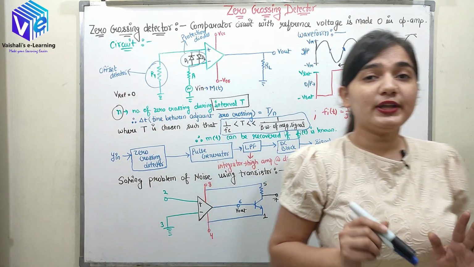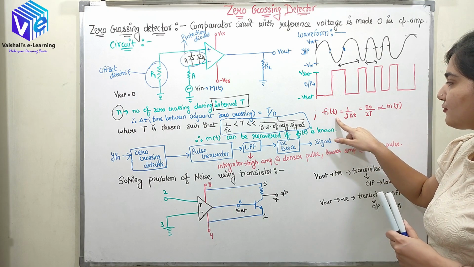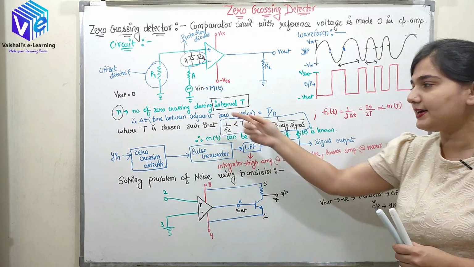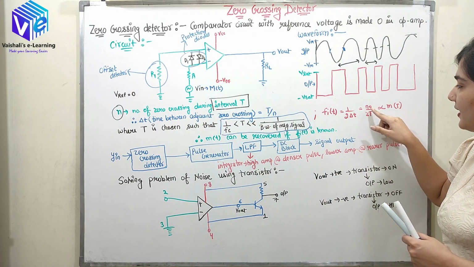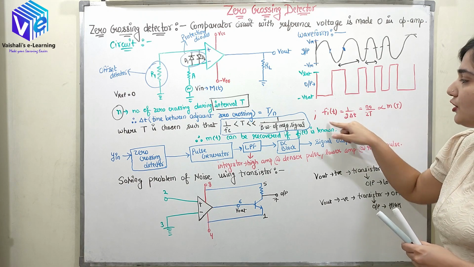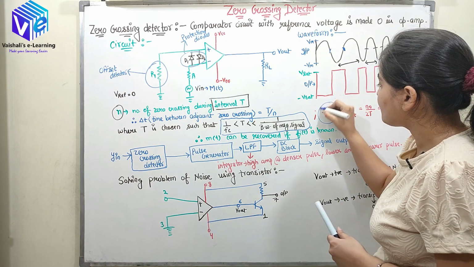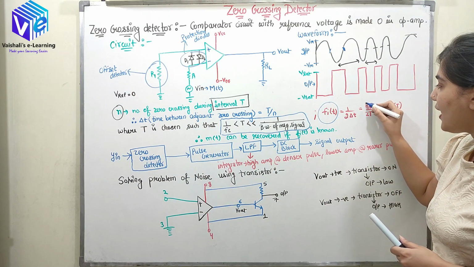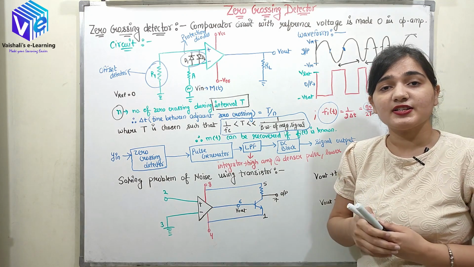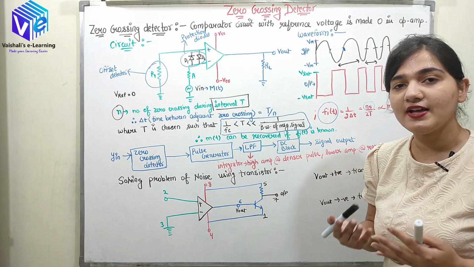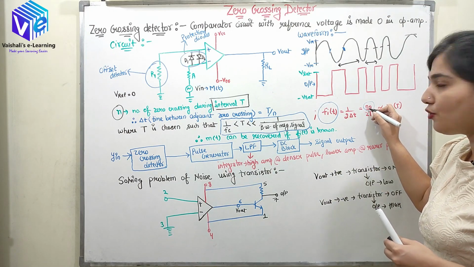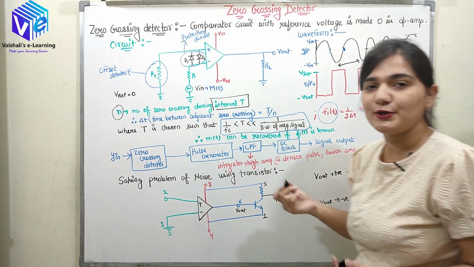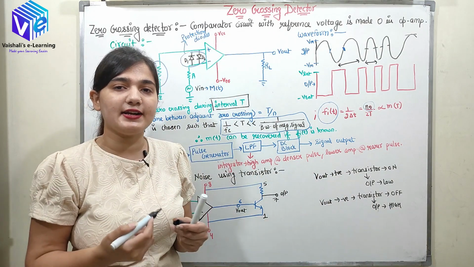Now if I talk about the instantaneous frequency, it is given by 1 upon 2 into delta t. Here we have found this delta t. When I put this delta t here, I'll have n naught upon 2t. So I can say the instantaneous frequency of this output pulse varies with the number of zero crossings. I already told you n naught varies with respect to the message signal. Whenever I have a higher value of the message signal, we'll have more zero crossings. So n naught is directly proportional to my message signal, and from n naught I can easily find out my message signal.